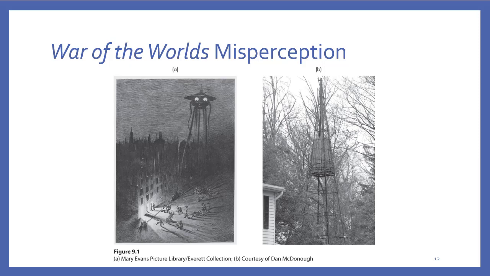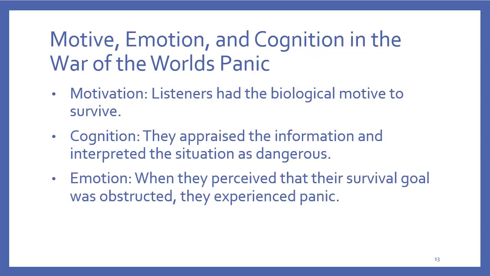alien machines. So people would see these things and get scared because not only were they afraid, they thought that there was an authority figure telling them that something was wrong. That would be the radio broadcasters, and then they combine it with some kind of evidence for it, and now they're creating this composite of what was happening. And to them, the explanation for it was, oh my gosh, there's an alien attack. We have evidence for it, and this is a really bad thing. We're all going to panic. Okay? So what happened was that we had this interaction between motivation, cognition, and emotion.